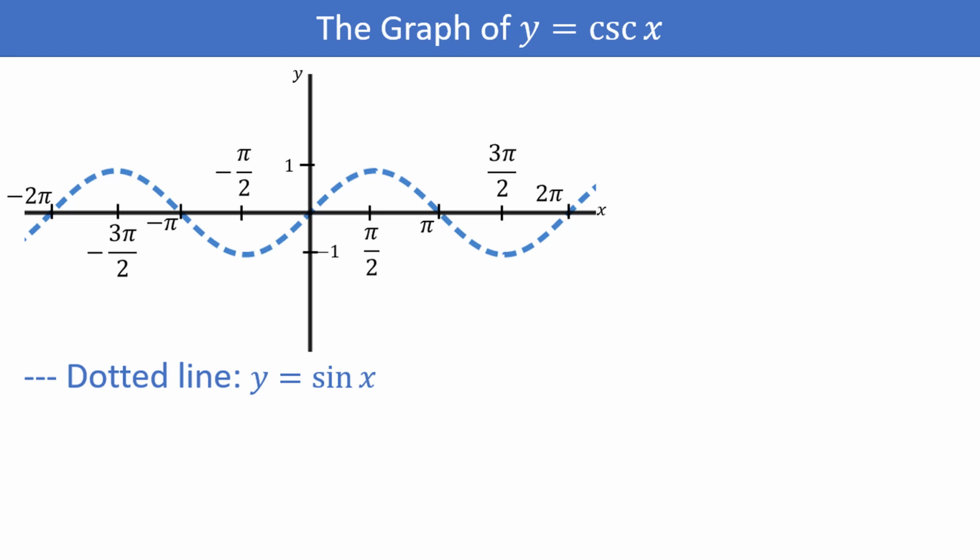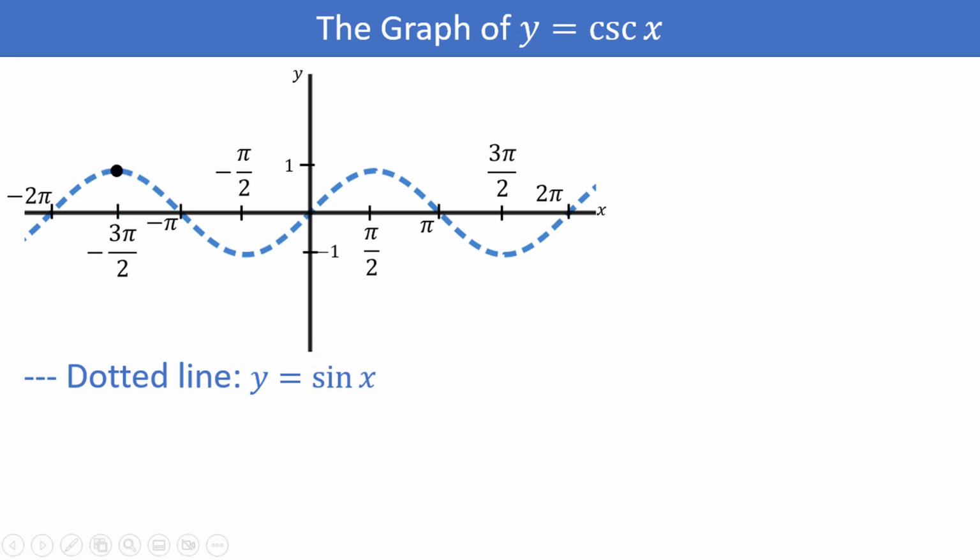Let's start with cosecant. Cosecant is the reciprocal of sine, so here I have the graph of y equals sine of x in a dotted line. We will use this to help us graph cosecant. We can always just take the reciprocal of any value that's on the graph of sine to find the value on cosecant. For example, at negative 3 pi over 2, we have a point of 1 on the graph of sine. The reciprocal of 1 is just 1, so we will also have that exact same point on the graph